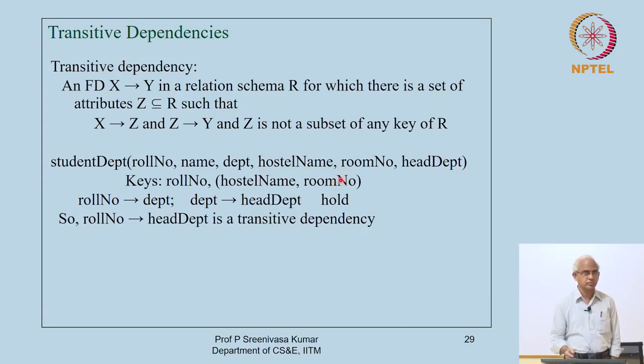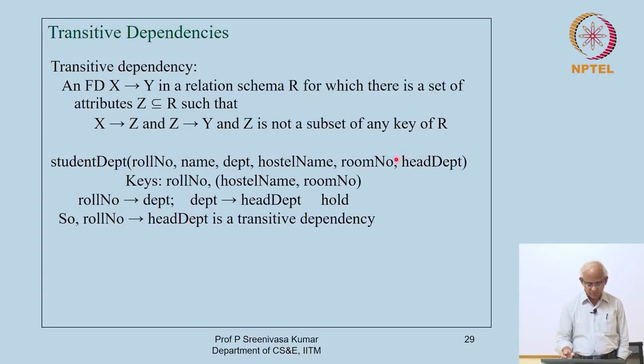That is what second normal form says. Here non-prime attributes are name, department and head of the department, they are all fully functionally dependent on the keys. So, even though the relation is in second normal form, there is a redundancy,